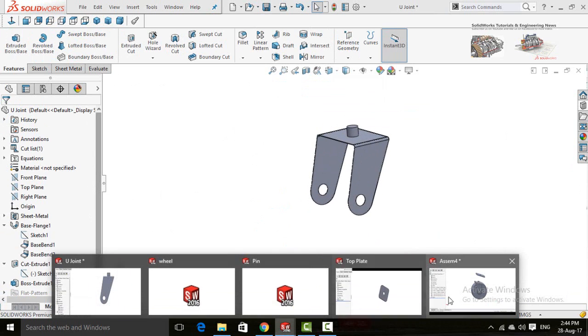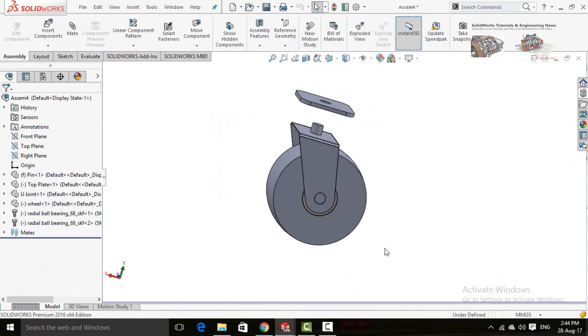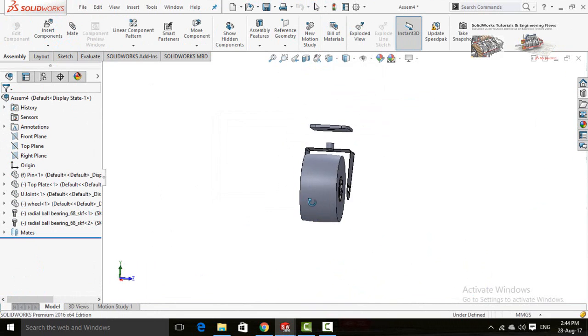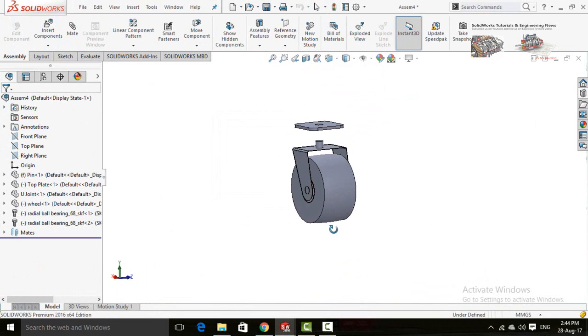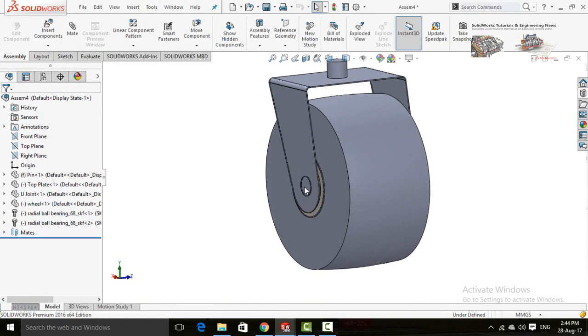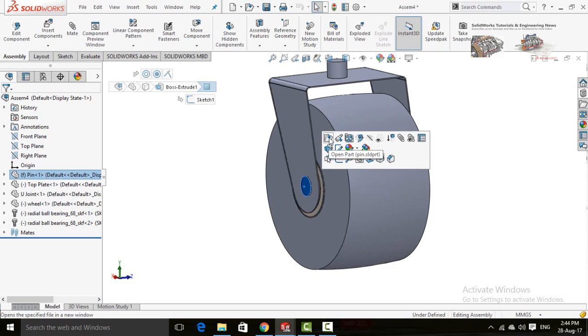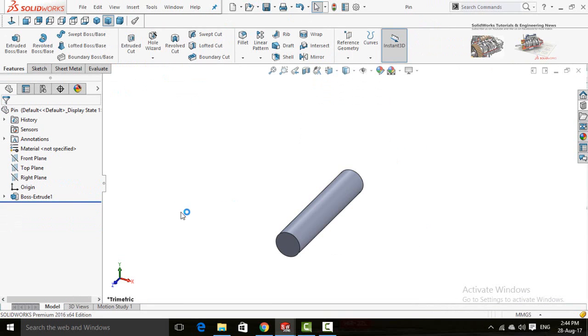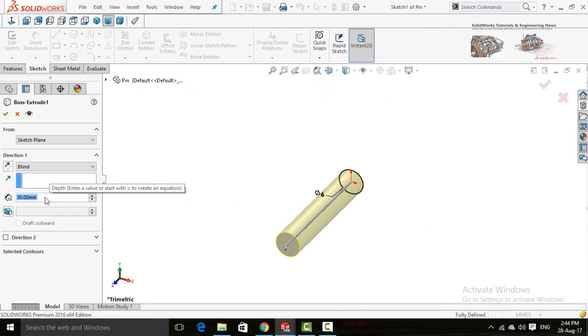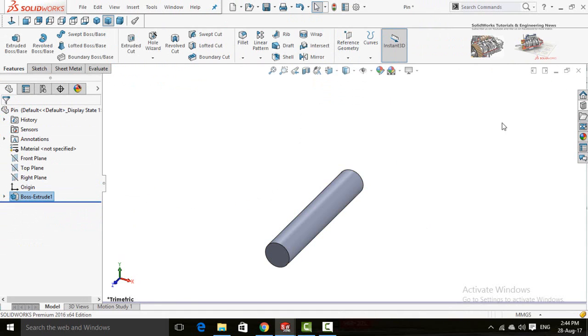So open the assembly again. Open this pin and added this extruded boss 1, 35 millimeter. Press OK button.